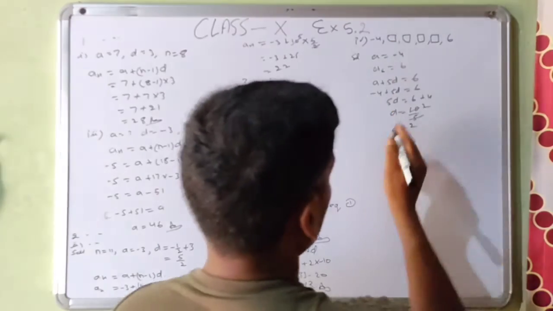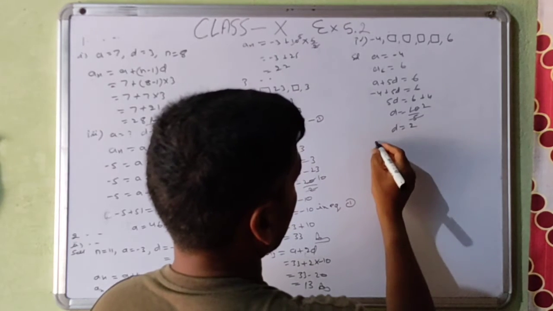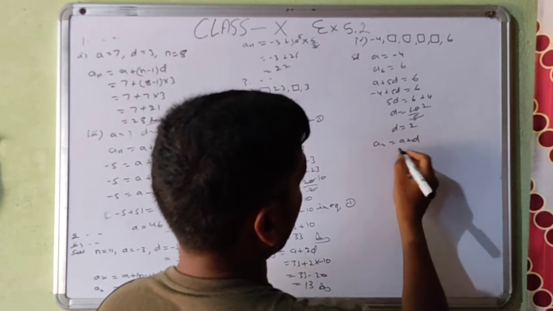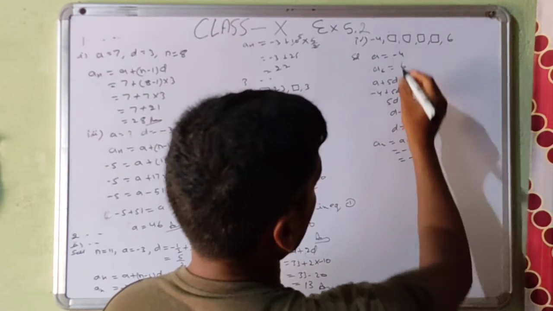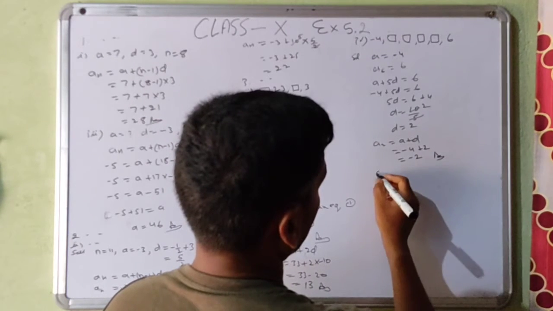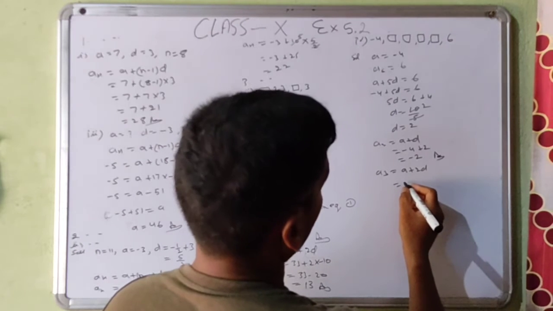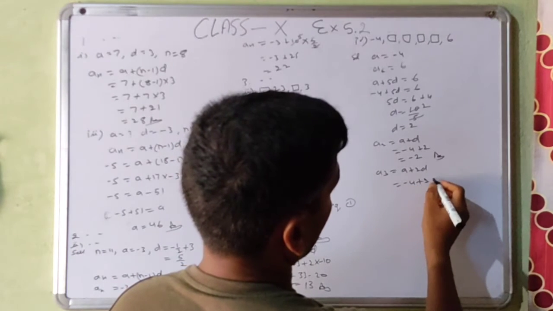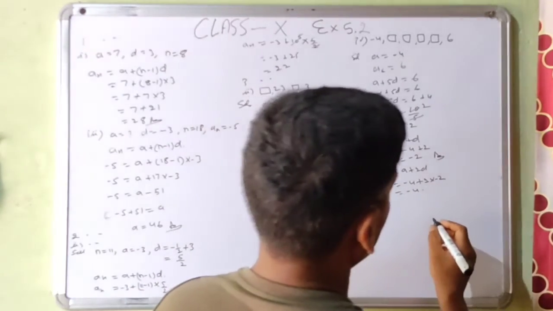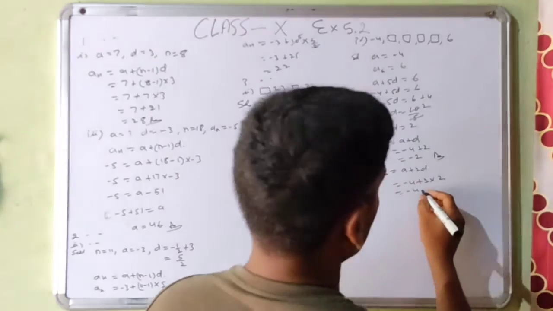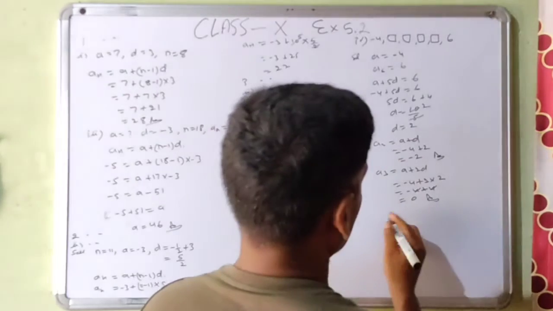So that second box means A plus D. It means A2 is equal to A plus D. So A is minus 4 plus 2 is equal to minus 2. So here will become minus 2. This is the first answer. And then third, A3 is equal to A plus 2D. So A value is minus 4 plus 2 into minus 2. That will be minus 4. D value is only 2. So 2 2s are 4. Cancel. That will be 0. In the second box that will become 0.